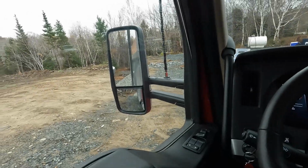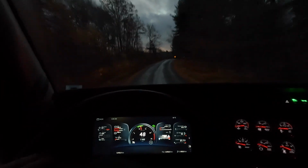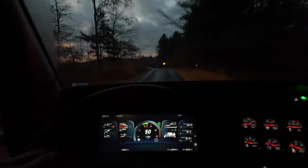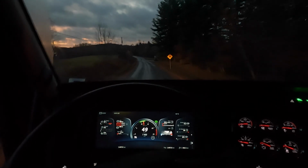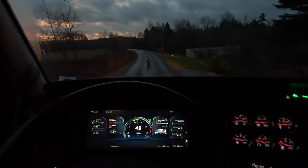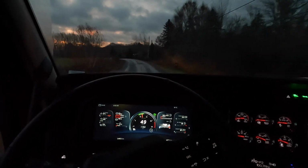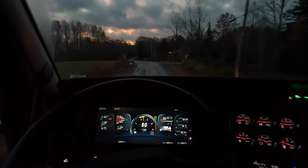Alright. Well, day 2 of ownership. And we're driving for the association today. So, heading to the quarry right now and get loaded up with some crusher dust, which is nice. Nice that we're hauling crusher dust. Nice and easy on the bed of the truck. We're going to where that new sort of exit is for the new exit there